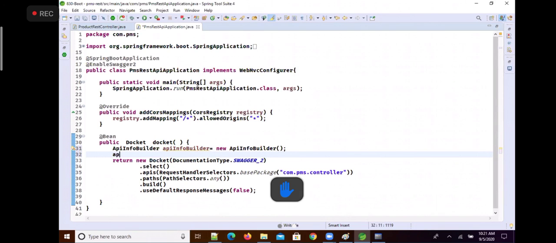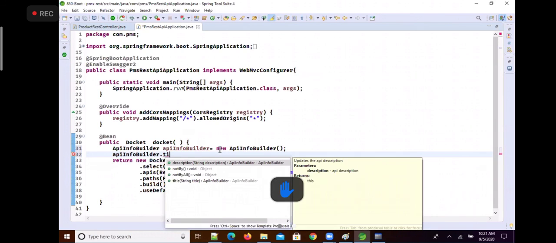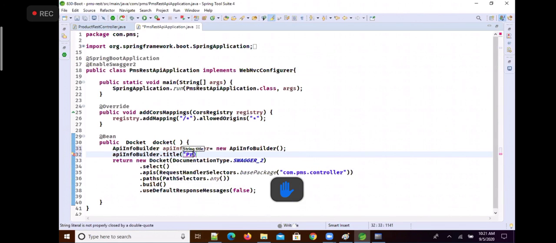Now ApiInfoBuilder dot, say for example, title: product REST documentation, or product REST API documentation. This is the title of this documentation.